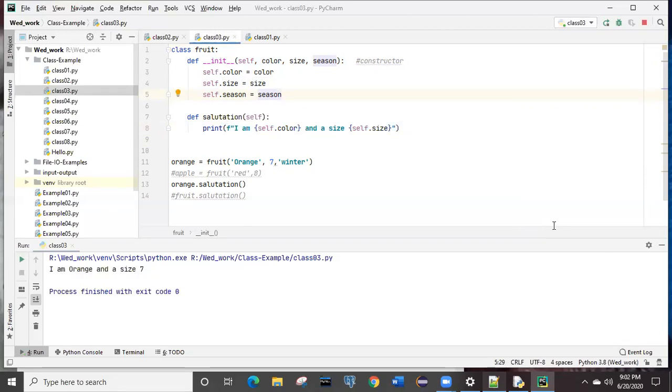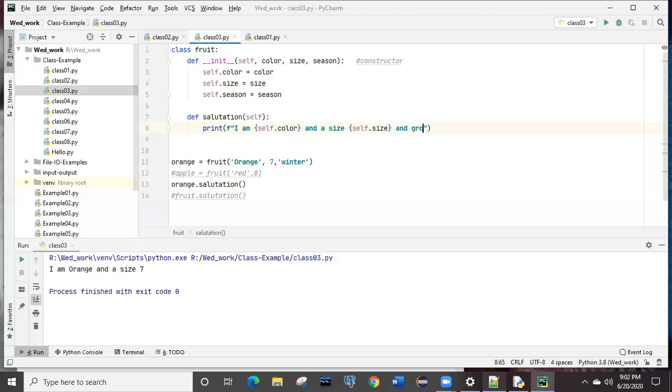Print statement doesn't bother whether it has 3 features or 2 features. If you want to print only one feature, it will print. If you want to print all features, it will print. If you want blank to be printed, it will print. If you want any words printed, it will print, because this print statement will not wait for the number of sizes and colors like that. Got it?